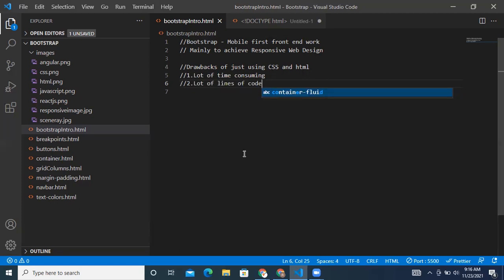Can you please mute the audio, everyone? Only if you have any questions or if you want to ask me, unmute and talk. Otherwise, please mute the audio.